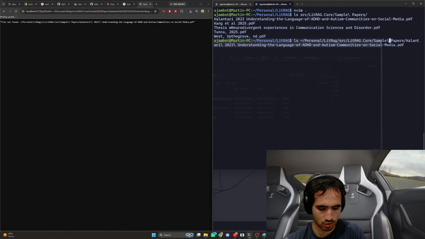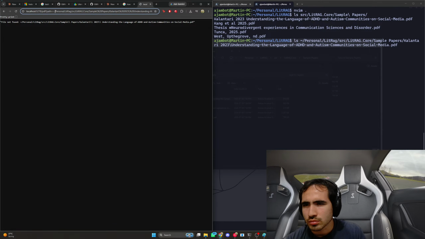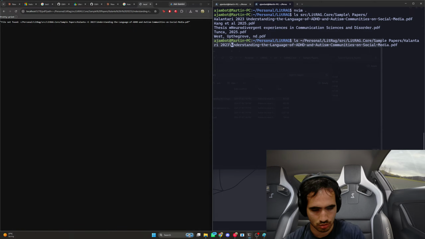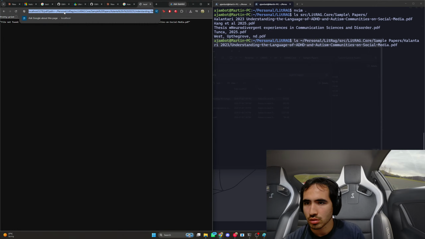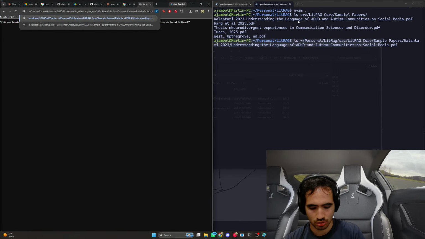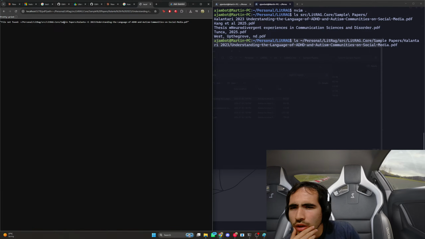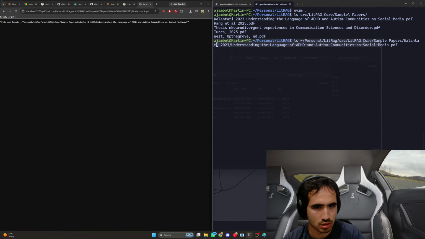Maybe I don't need this. Okay, so this right here should be a forwards slash. If not, I might just hard code it. Kalantari. Oh, there's an extra space here.